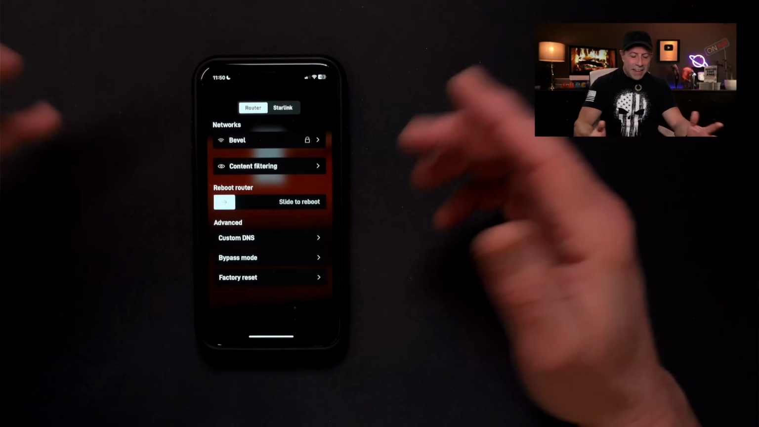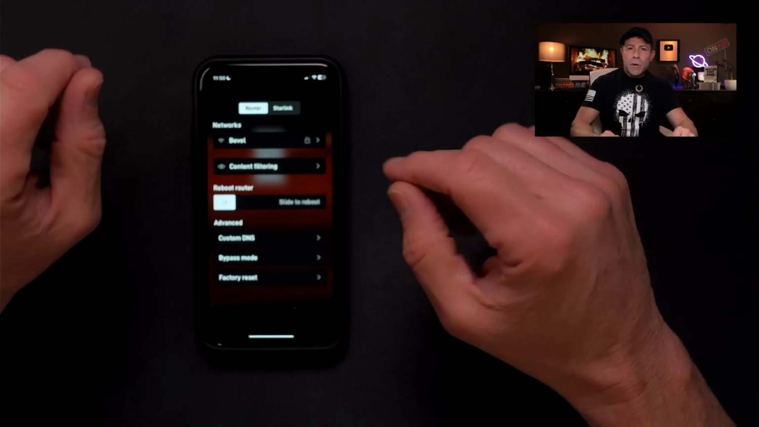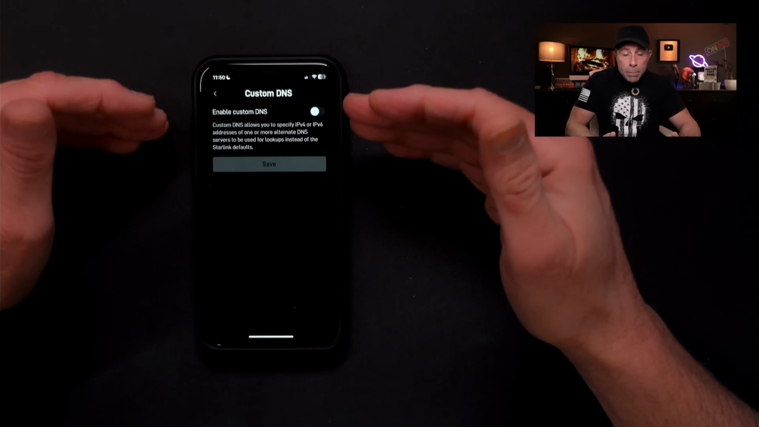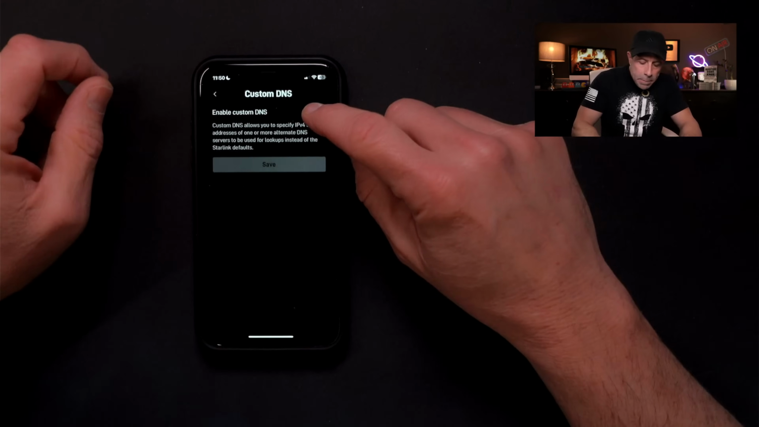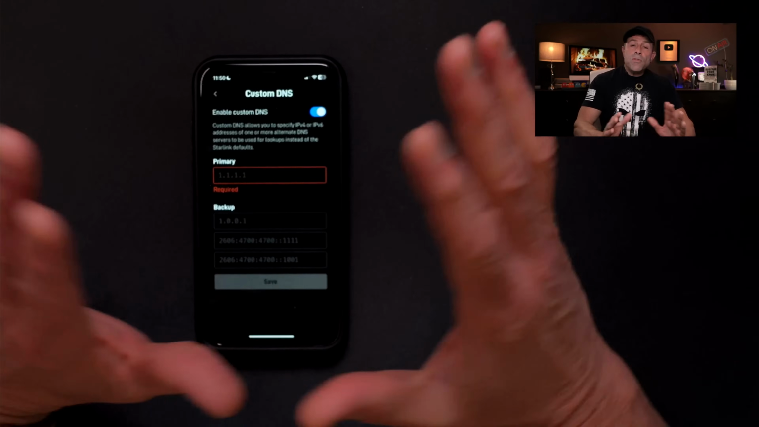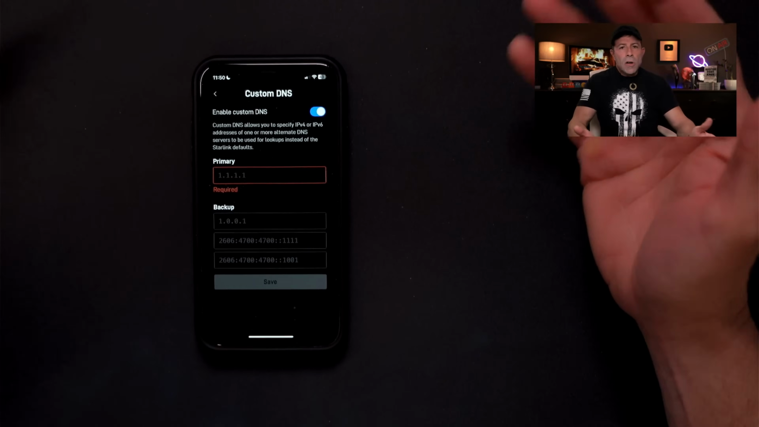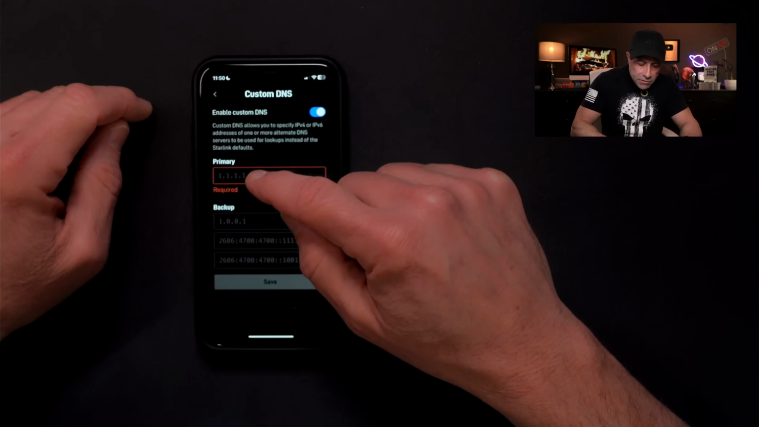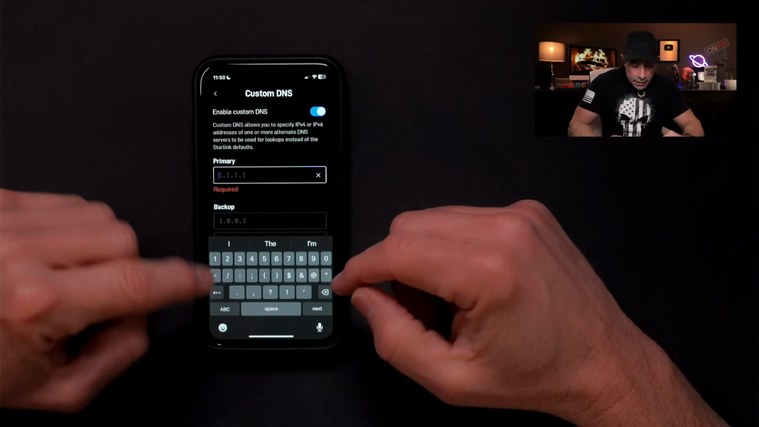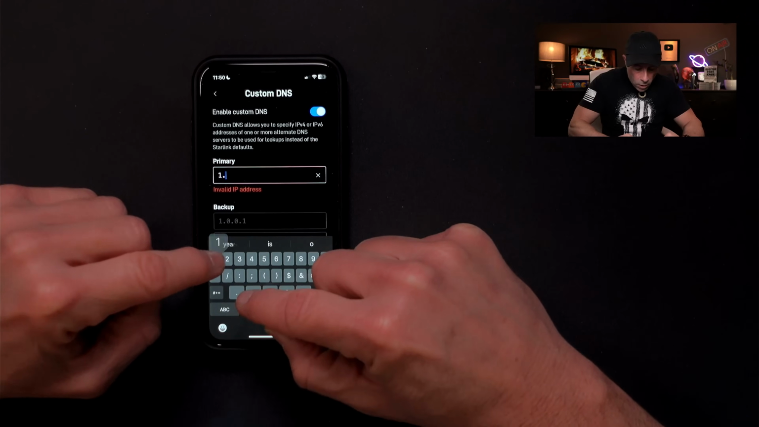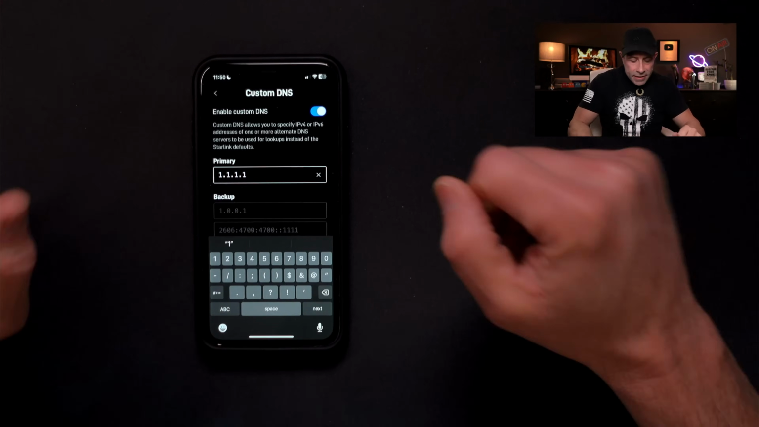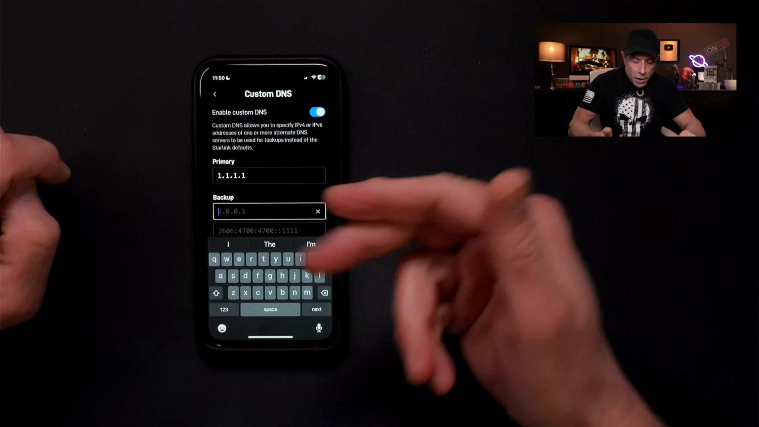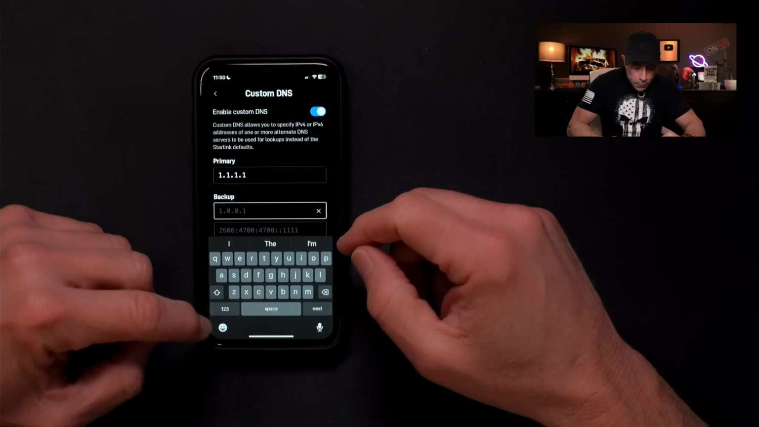Anyways, underneath that, it has custom DNS. Now, this is what we were talking about before. If we click on custom DNS, right now it says enable custom DNS. It's not on. Let me turn this on. Now, this is what I do. Since I do not do content filtering of any kind, malware or adult, what I like doing is for a primary, I like to put in 1.1.1.1. That is Cloudflare. Then as a backup, instead of using Cloudflare, which would be 1.0.0.1, I'm going to put in here